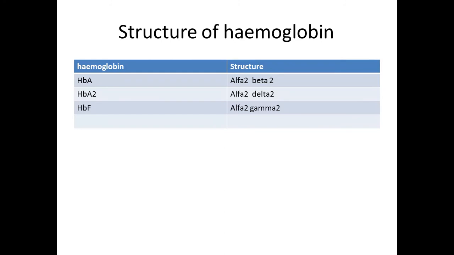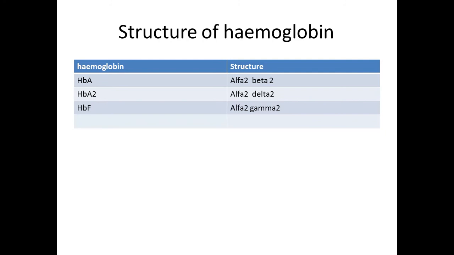Now, what is the commonest cause? It is because of abnormal hemoglobin. The structure of the hemoglobin is abnormal. So for identification and diagnosis of these congenital anemias, the anemias due to abnormal hemoglobin, we have to identify the abnormal hemoglobin and its structure. For that we have to know what is the normal hemoglobin.